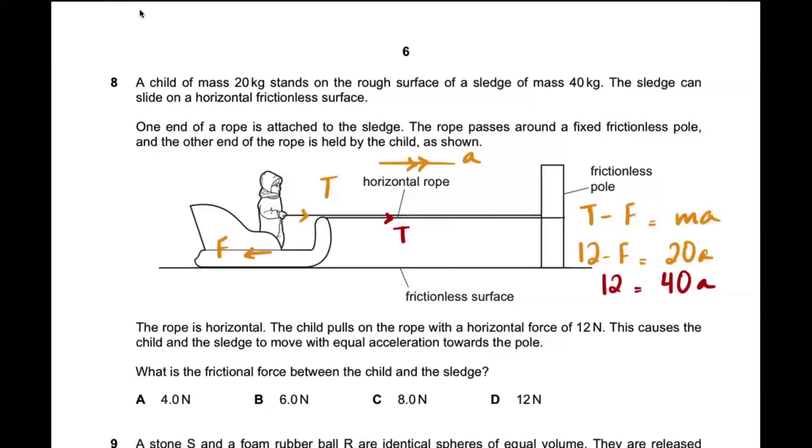right? So I can see here that because 12 equals 40a, in the first equation, I can substitute this 40a. Because these are two simultaneous equations, you can make any one thing that you want the subject of the equation. Actually, just from this one, 12 equals 40a, you can get the acceleration, right? So acceleration is 12 over 40, and then you substitute that back into this equation. So 12 minus f equals 20 times 12 over 40, which is going to be 6. So 12 minus f